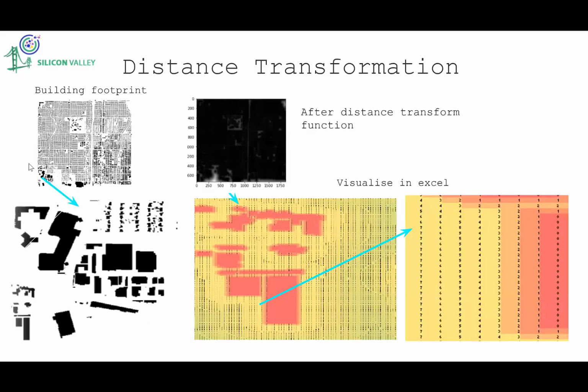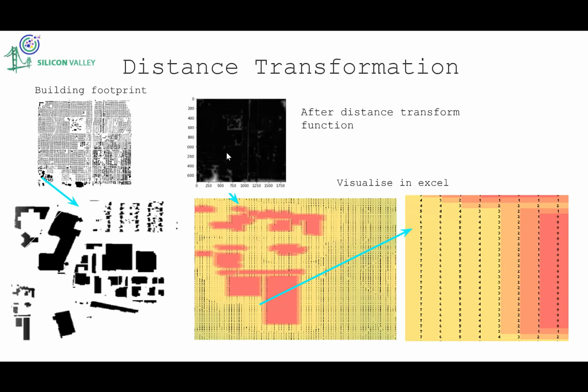So the left-hand side is the building footprint, which is plotted using the OSMnx function. And if you zoom into that, in the left-hand bottom corner, you will see the footprints like so. And once the distance transform function is applied, the image is transformed to the one that is on the right. And the white against the black background is actually the integer value of that pixel from the background image, that is the